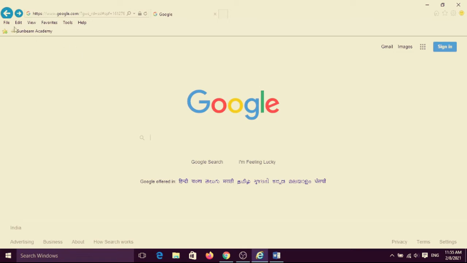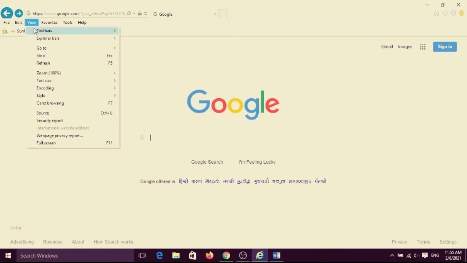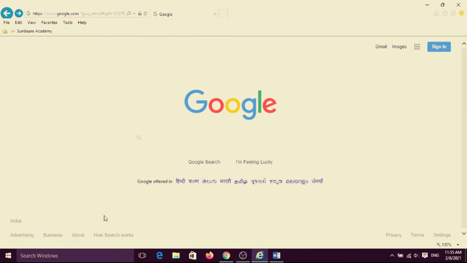Okay, these are the menu bar: file, edit, view, favorite, tool, and help. It is a menu bar to show it. You can click on here and choose the toolbar, command bar, status bar also. If you want to check it, status bar, see downside there is a status bar here. Which site is open? When you click on here, you can see that site easily. See, there is given what status is going on. Privacy is here, policies, terms, settings, and this is the size of the zoom level.